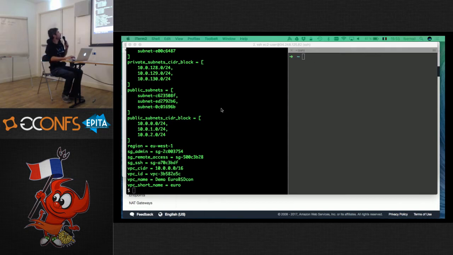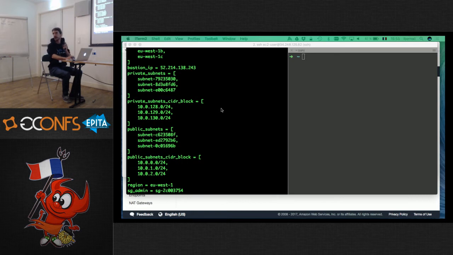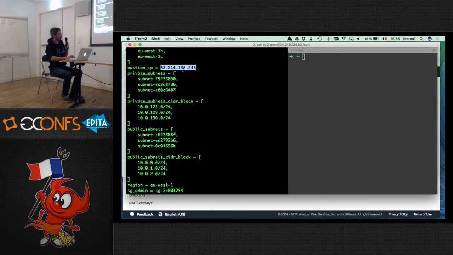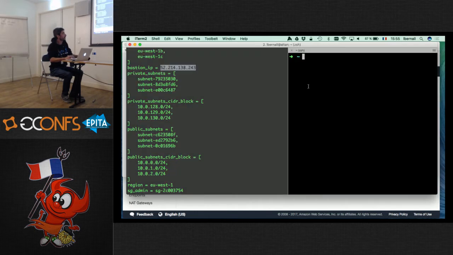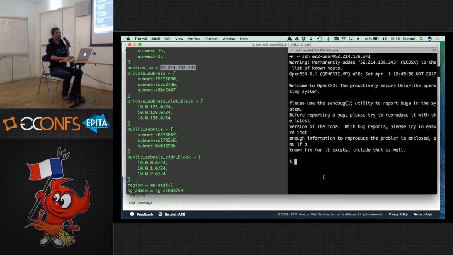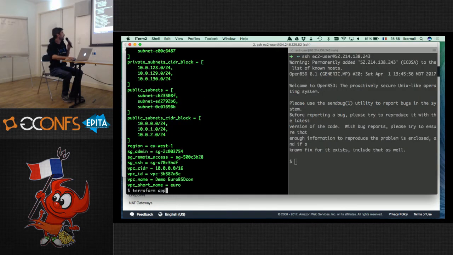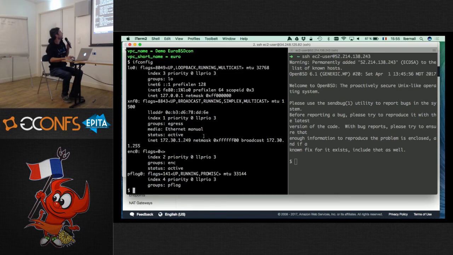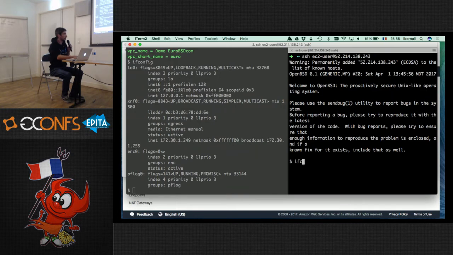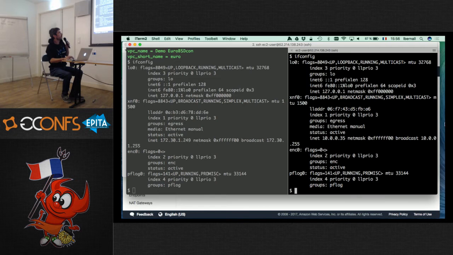Okay, so everything is done. So this is all the objects that were created. And I can connect to this new Bastion machine here. And here we go. Okay, I'm connected on the new machine. So this is the first machine here. So I can show you its IP address, the one from which I'm running Terraform. Okay, and this is the new one. Okay, so this one is in the address that I just showed you on the slides.